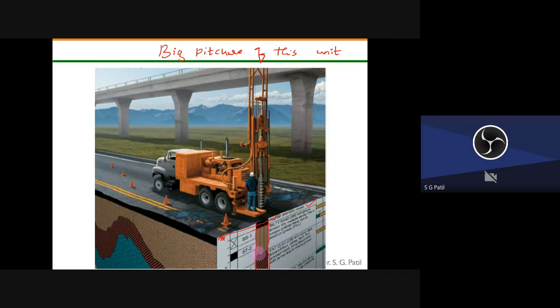Whatever soil you collect here, you take it to the laboratory and do some laboratory tests like sieve analysis, liquid limit and plastic limit tests. Then you classify the soil according to Indian standards, and those things you can represent here. Suppose this layer is SS1, ST2, like that, and then the third layer is fat clay, which is a clay type of soil. Like this you should explore the soil.